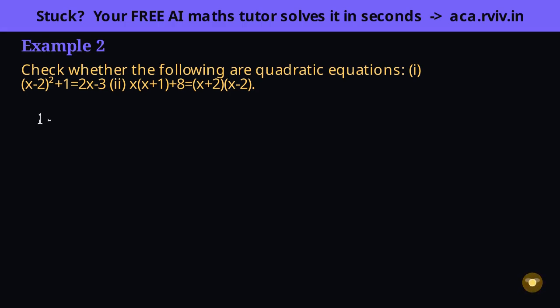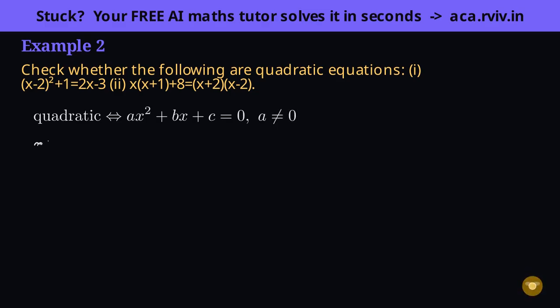First, what does quadratic even demand? By definition, it needs a genuine x squared term. The standard form is ax squared plus bx plus c with a not 0. The trap is that an equation can show an x squared on both sides that secretly cancels. So the only honest test is to expand everything, tidy up, and see whether an x squared truly survives at the end.